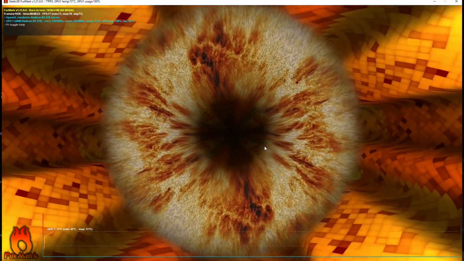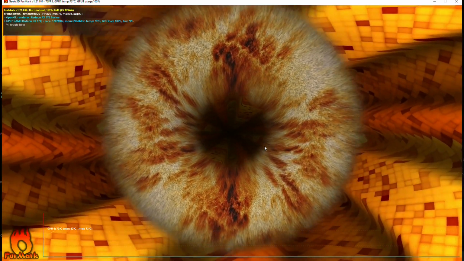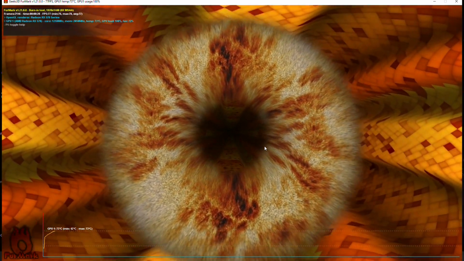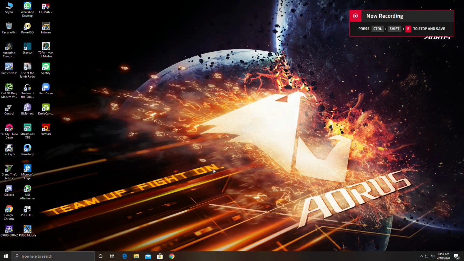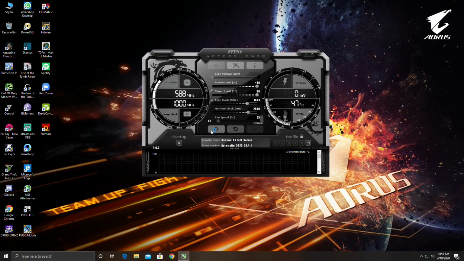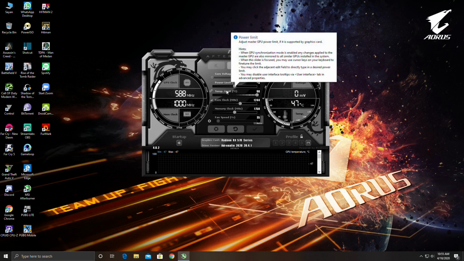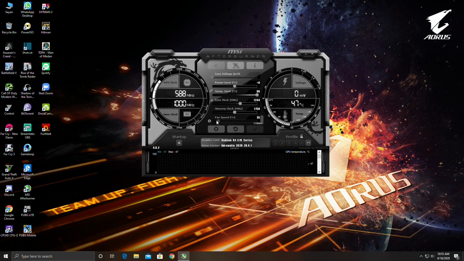Now I'm going to show you the second method, how to overclock your GPU using MSI Afterburner. Let's begin. Just open the software. Here you can see we have power limit, core clock, memory clock, and fan speed. Raise the power limit all the way to 50.